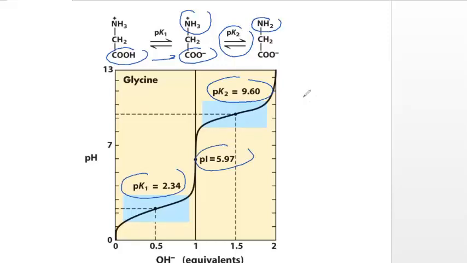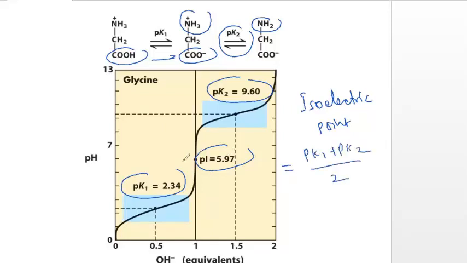PI is the isoelectric point, and if you have pK1 plus pK2, then you can get the isoelectric point, the mid of this titration curve, ठीक है ना। ये बीच में आपको मिलेगा, ठीक है ना। 0 से 13 pH तक का ये किया गया है ना, हाइड्रोक्सिल इक्विवेलेंट